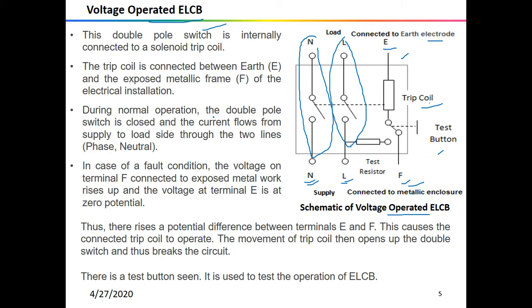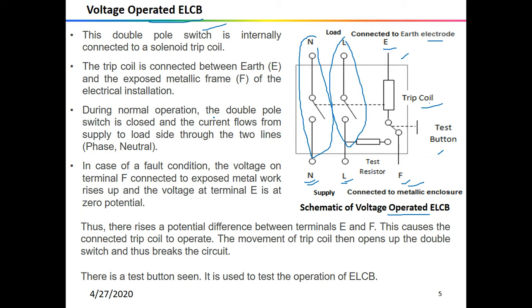So the important part is the safest limit of current, which the human body can withstand, depends on multiple factors, and at least an order of 30 milliamperes we can stand. Suppose the resistance of the human body from hands to feet is 500 ohms, and if one touches a live wire having a voltage of 230 volt AC to ground, the current flowing through the body will be of the order of I equals V over R, that is 230 volt over 500 ohms. When we calculate this, we get nearly 460 milliampere.